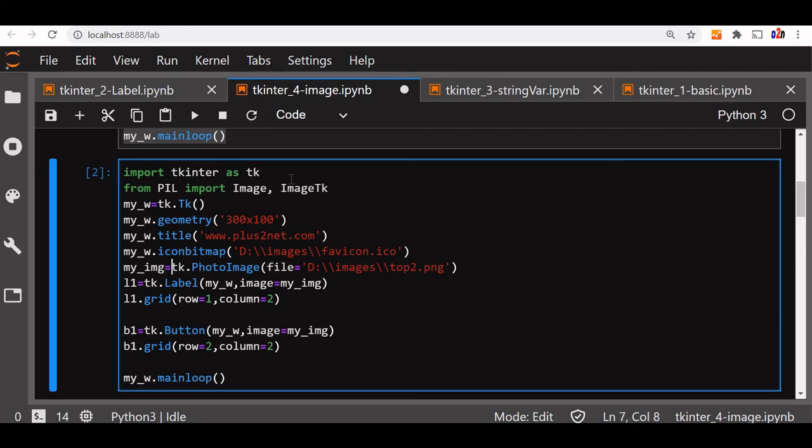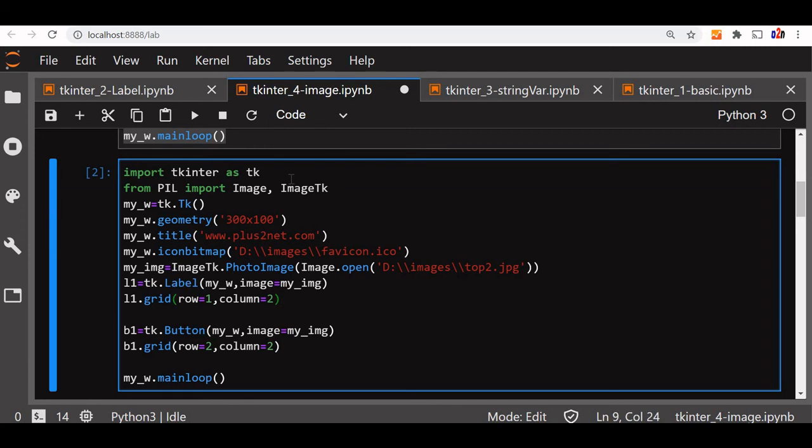In my image we will say ImageTk.PhotoImage. Now here we will say Image.open. Here we will give the path. The file name is the same but the extension is JPG. Fine, now my image is changed.